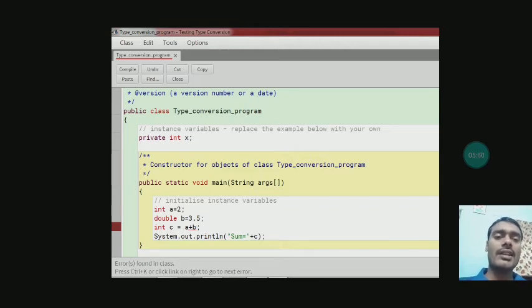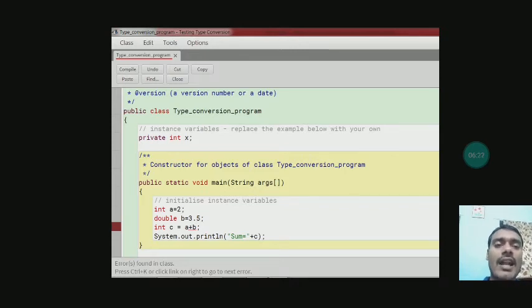Okay, but here you can see a is integer and b is double. So what value of b will be stored inside the variable c? C is also integer, a is also integer, but b is not integer type, b is double type. So decimal value cannot be stored inside the integer data type. Here what I am going to do, I am going to add decimal value into integer data type.